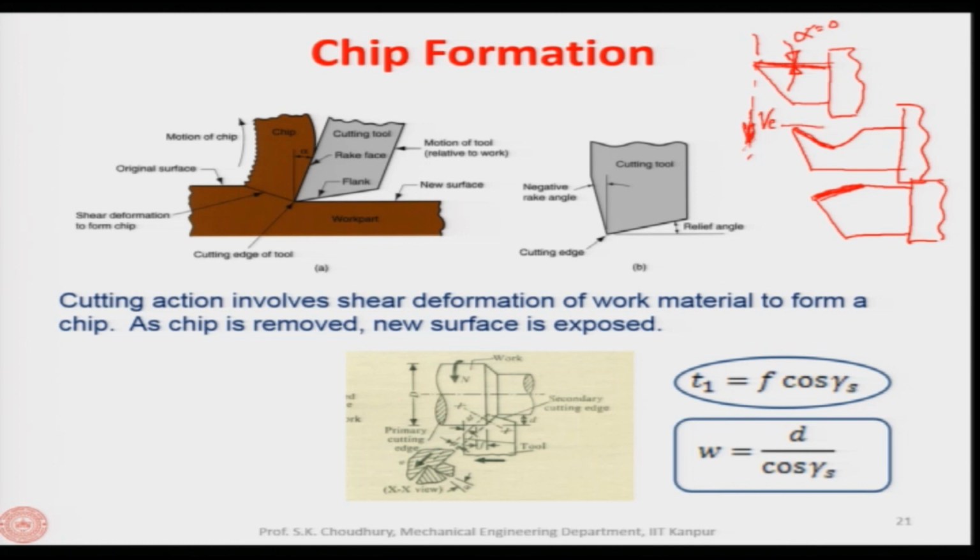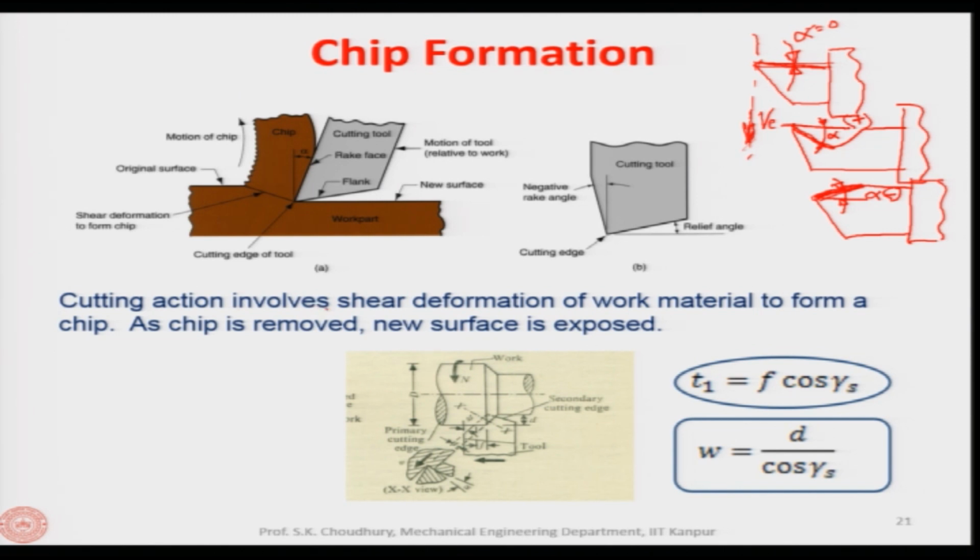Now, this is the line perpendicular to the cutting velocity vector again, and this is the angle it forms with the rake face of the tool. This angle is also the rake angle, and here the rake angle is positive. This is called the positive rake angle. This rake angle is called the negative rake angle. This alpha is negative. For example, here you can see the negative rake angle. All these things we will also discuss in detail a little later.